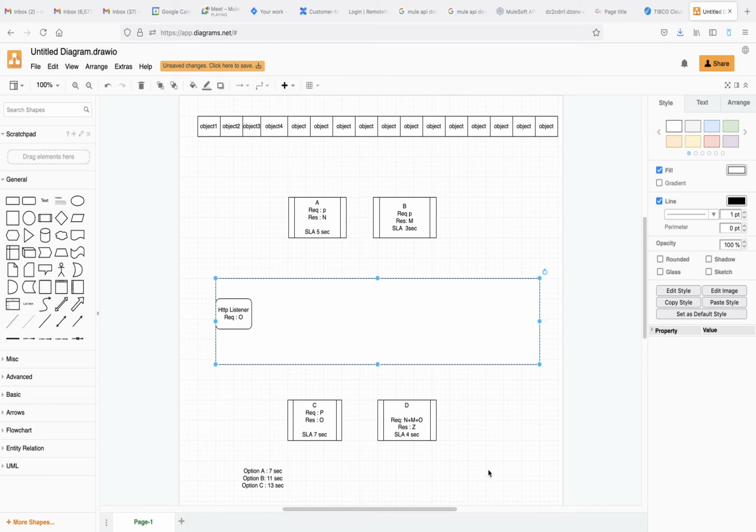No, that we can test in Postman. If you want to see how much time your API took, you can call any API and you can see the response time there.